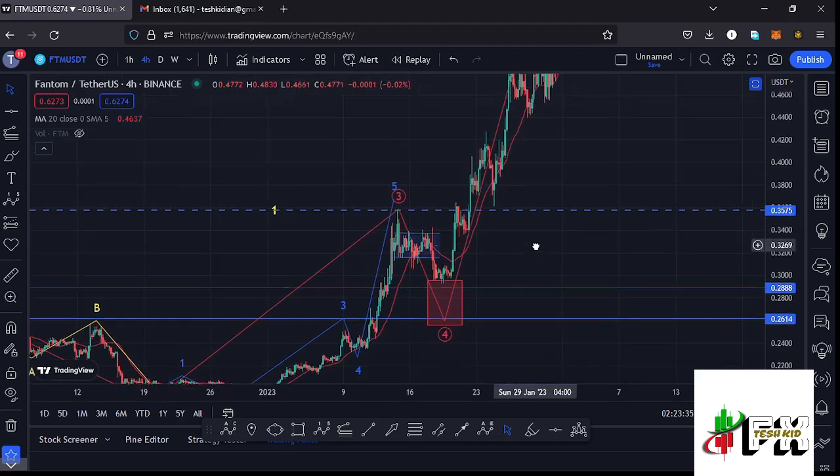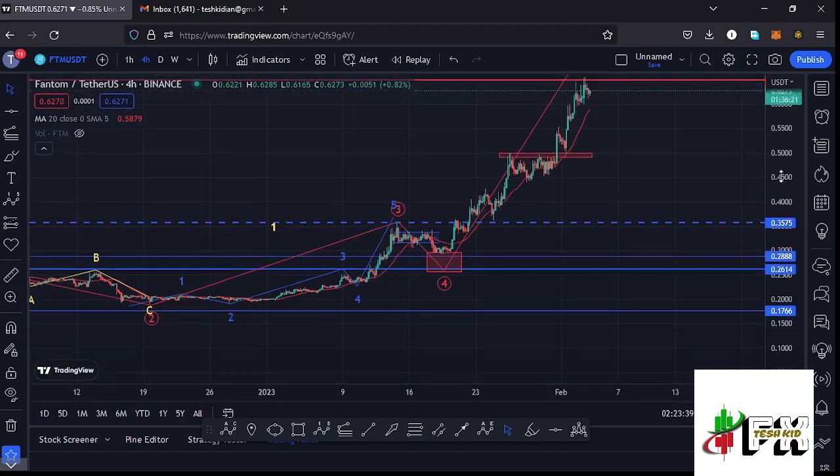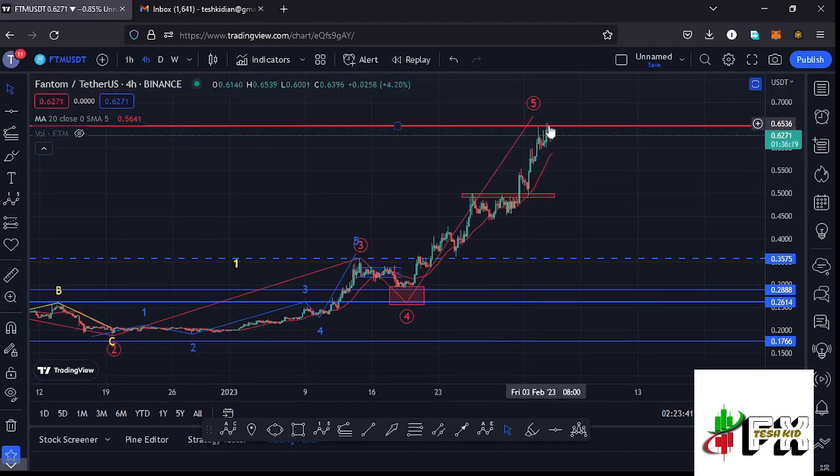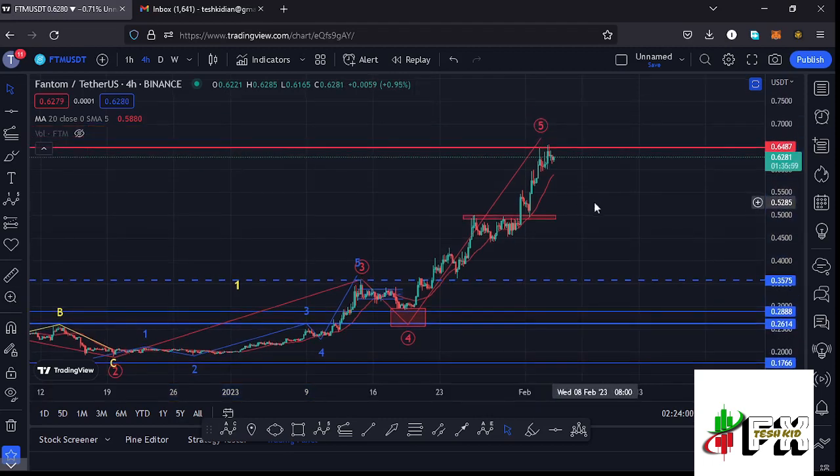And after seeing the low for that fourth wave, we started another bounce to the upside, which has been so impulsive, which has now given us a high at around the $0.6645 mark in what I'm terming as the formation of that wave 5 to the upside. And at the time of this recording, we are trying to battle out a key area of resistance once more at around the $0.6487 mark, and a break above that key area of resistance could trigger a move to the